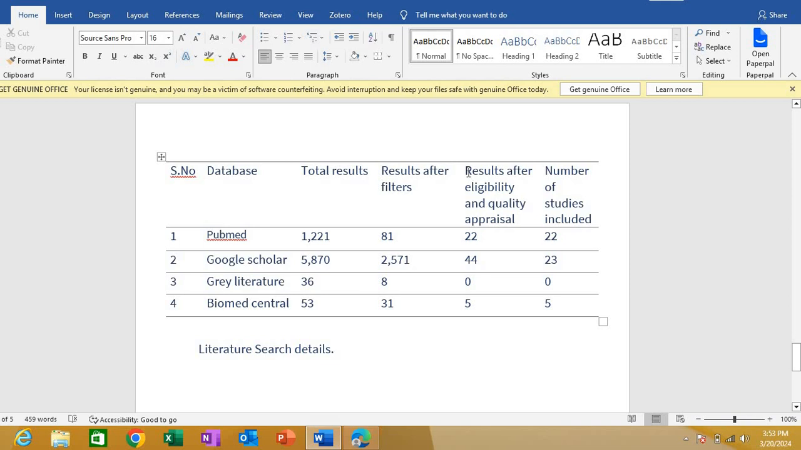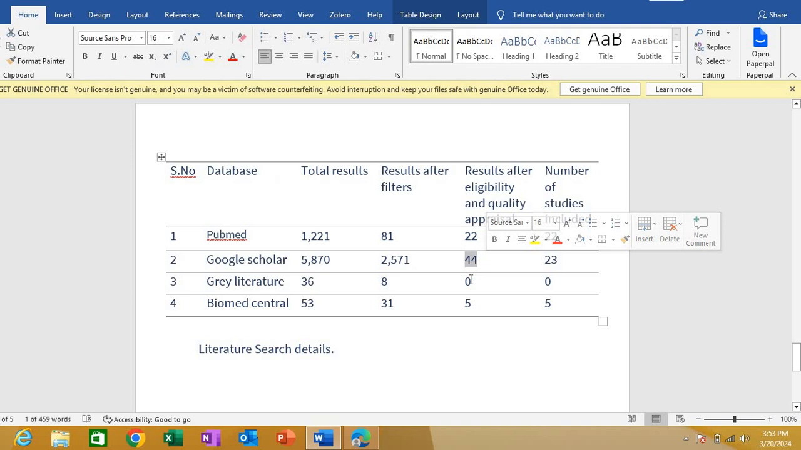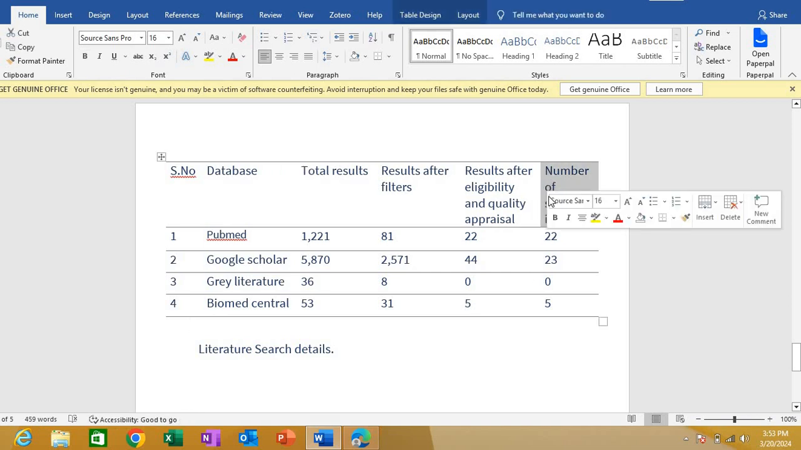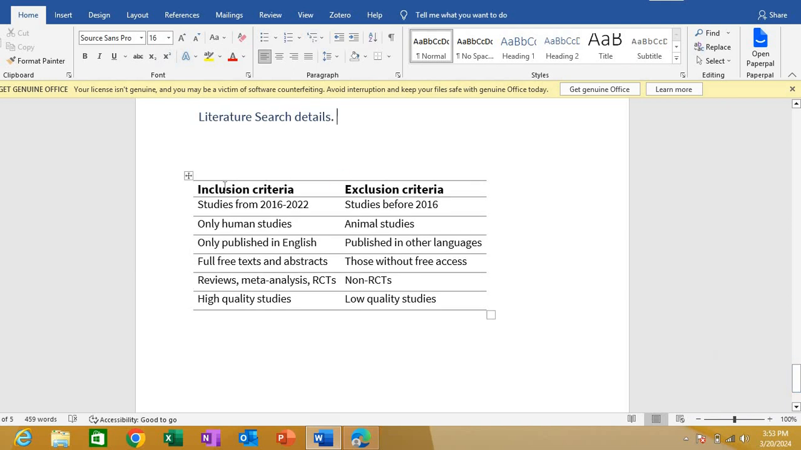Then another column, that is results after I applied my inclusion exclusion criteria, that's eligibility and quality appraisal. I came with 22 from PubMed, some 44 from Google Scholar, none from the Gray literature, and 5 only from BMC. And this is the final number of studies that I included in my systematic review, that was 22, 2305. You can make such a table and report it in your publication. So in this way, in the end I just made my simple inclusion exclusion criteria